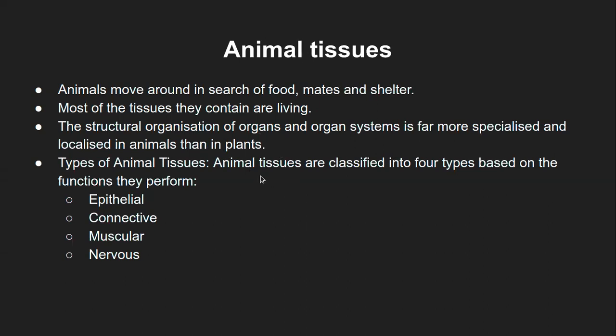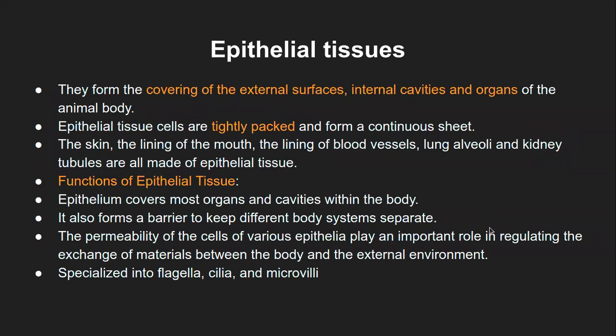There are 4 major types of animal tissues based on the function that they perform, right? These are epithelial tissue, connective tissue, muscular tissue, and nervous tissue. Again, I hope I don't have to go into details, but if you want me to, then you tell me. But the basics, I have assumed that you know already: what tissue is, what are the basics of these individual tissues, which we are anyway going to see in much detail. So, starting with the first type of tissue, that is epithelial tissue.